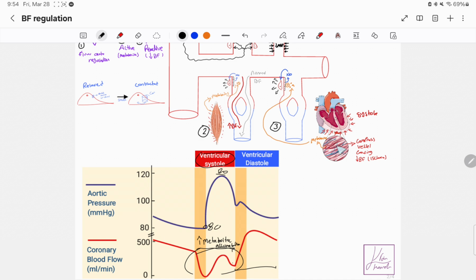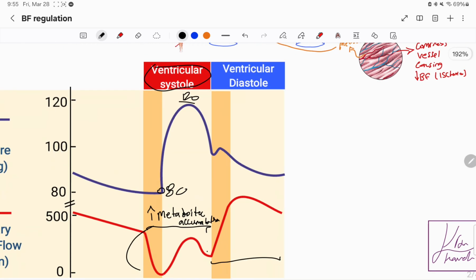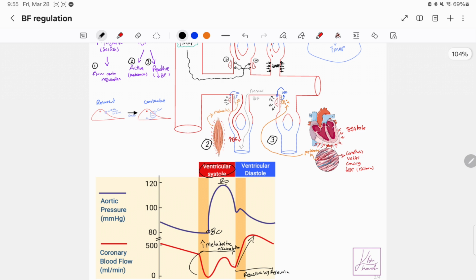But the thing is, the vessels were still being compressed by the contracting muscles. As soon as those muscles, the cardiac muscles, relax and stop compressing these vessels, guess what's going to happen, guys? That reactive hyperemia is going to hit, and that burst of increase in blood flow will be seen, all right? And that's what reactive hyperemia looks like on this graph of coronary blood flow right there, okay? That part from here to here, when the ventricles are relaxing, is the